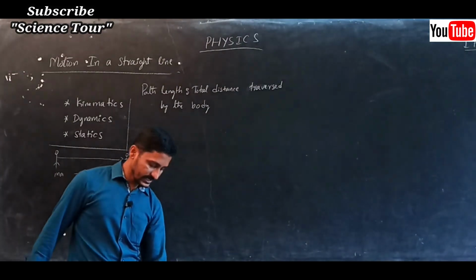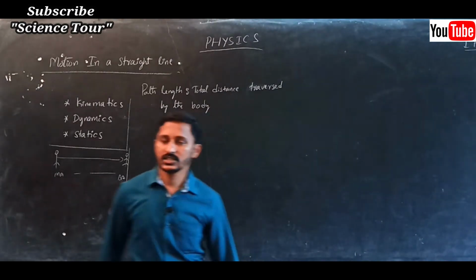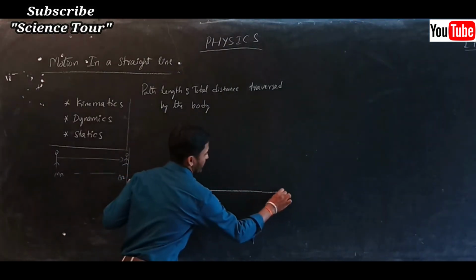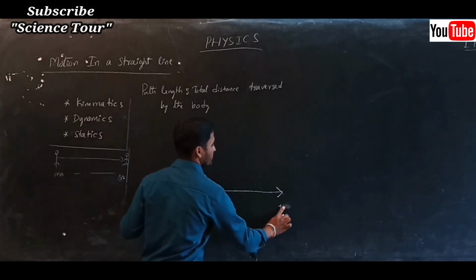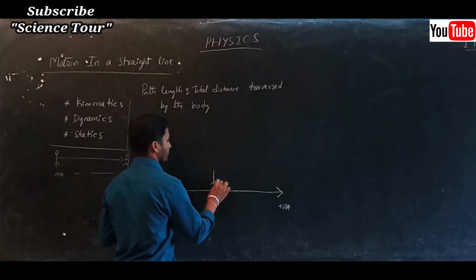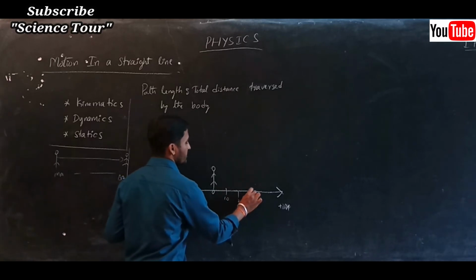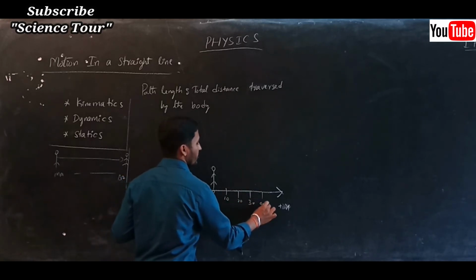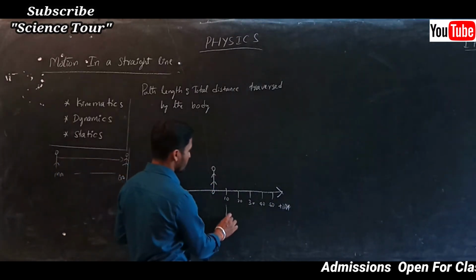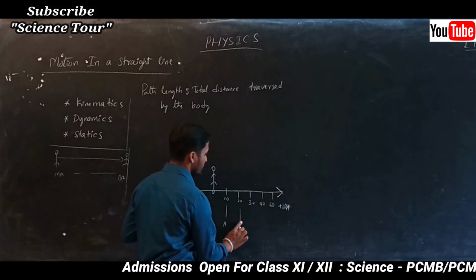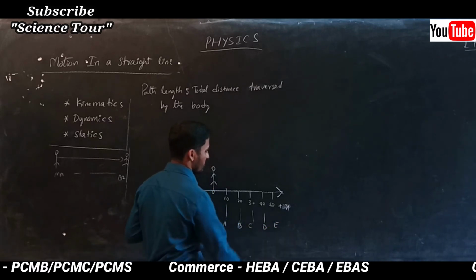Now since it is motion in a straight line, we are taking only the x axis. Okay. X axis means what? Here the negative axis is there, here the positive axis is there, no? Okay. Now suppose you are here, the 0th point. Then it is 10 meters, 20 meters, 30 meters, 40 meters, 50 meters, and so on. I will name this point A, this point B, and this point C, D, and E.